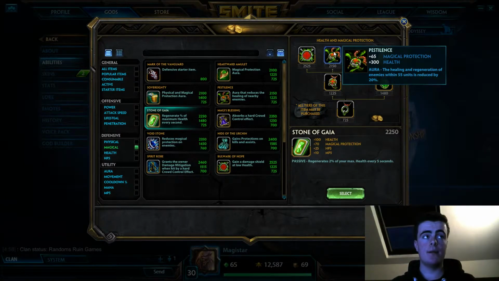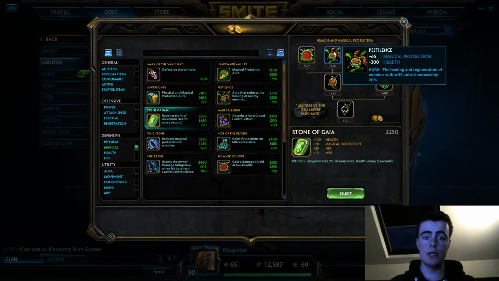And also, Pestilence is an aura item. It's a good aura item, so yeah, it's acceptable to buy. And also, because it's an aura item, you get 30 physical power, so 30 magical power. So put it this way: the reason Ares' passive is so good is because the most power you get from